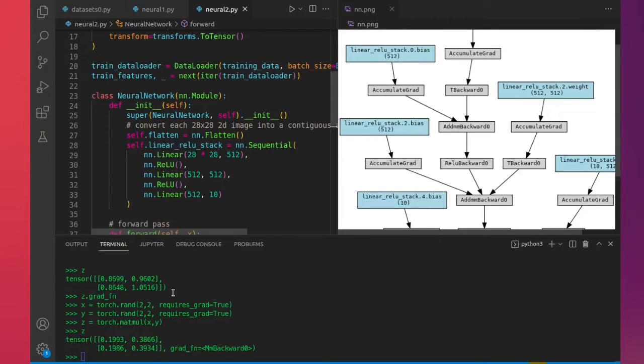So to summarize, every time you set requires grad to true, you're keeping track of all the operations that are performed on the tensor. So if you do x and then say requires grad equals true, you're asking to keep track of all the operations performed on this tensor x. And this is good because it automatically computes the gradient during the backward pass later, so that you can perform the optimization. We'll talk more about automatic differentiation and gradient tracking in the next lesson, but for now, let's